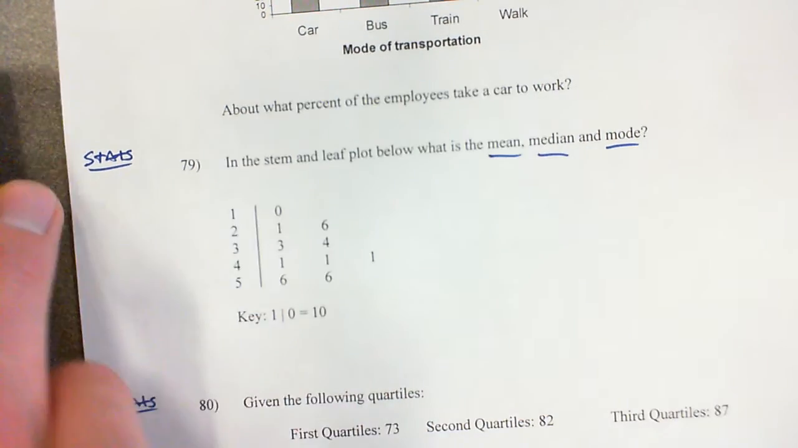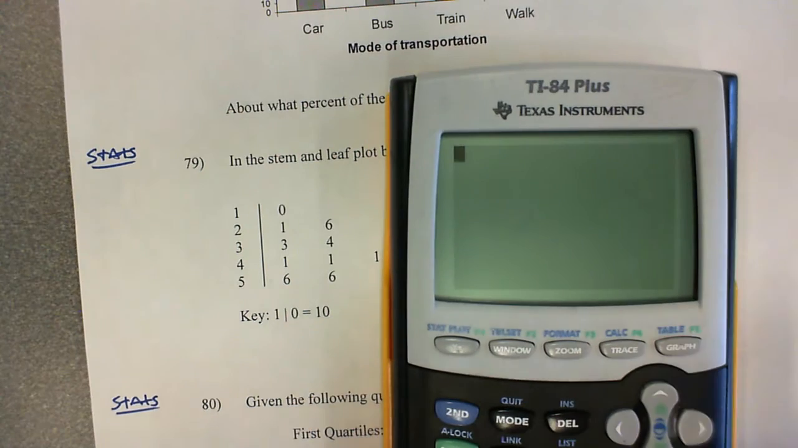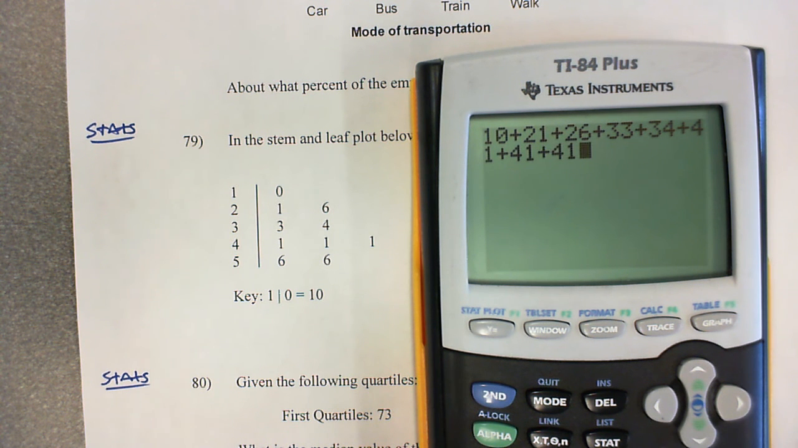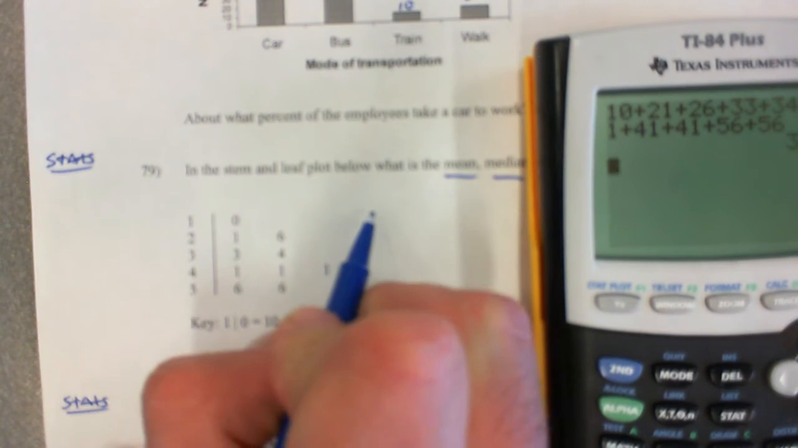So let's find the mean first. So let's add these all up. So adding them all up, we've got 10 plus 21 plus 26 plus 33 plus 34 plus 41 plus 41 plus another 41 plus a 56 plus a 56. And you get a total of